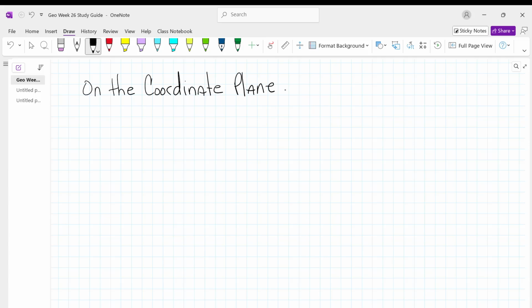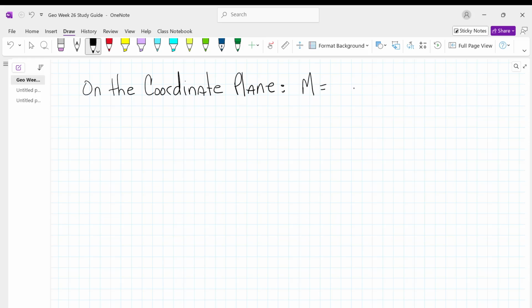Because on the coordinate plane, everything has an x value and a y value. So we just do the midpoint formula twice. So on the coordinate plane, we say that midpoint is equal to,